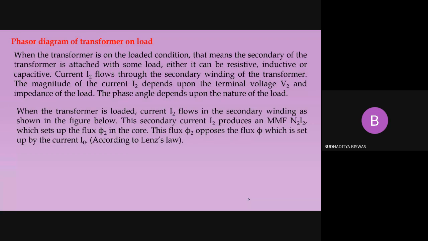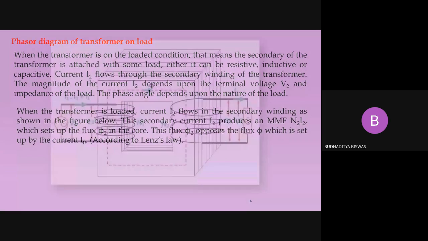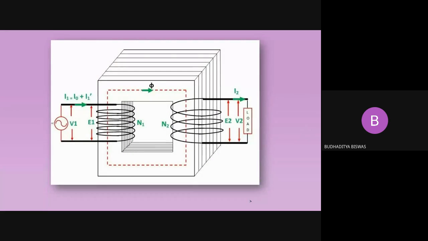Then we proceed to the phasor diagram of the transformer on load. Now, there are three types of phasor diagram in your syllabus. One is the phasor diagram of the transformer on inductive load, another is the phasor diagram of the transformer on resistive load, and the third is the phasor diagram of the transformer on capacitive load. So that means inductive load, resistive load, capacitive load, or you may say lagging load, unity power factor load, leading load. So you need to draw the phasor diagram for all these three possible conditions. Now, before I start the phasor diagram, what are the things you need to remember?